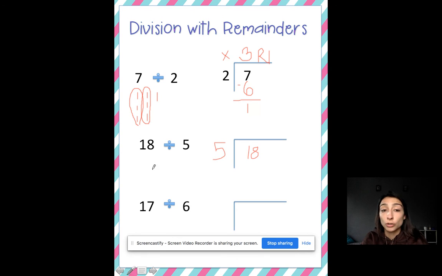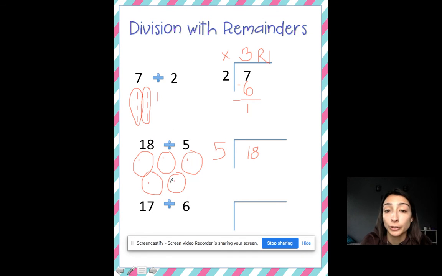All right, so you can draw 18 little circles and break them up into 5 groups, or you could do 5 groups, 3, 4, 5, and you could count out 1 and 2, 3, 4, 5. You can go all the way up to 18, and you'll figure out how many are in each group. Or you can think, all right,